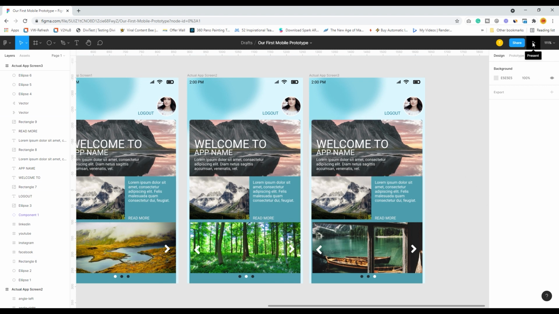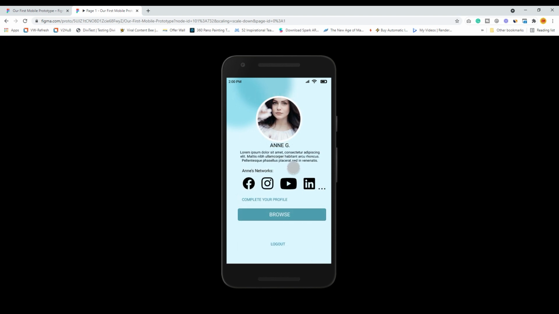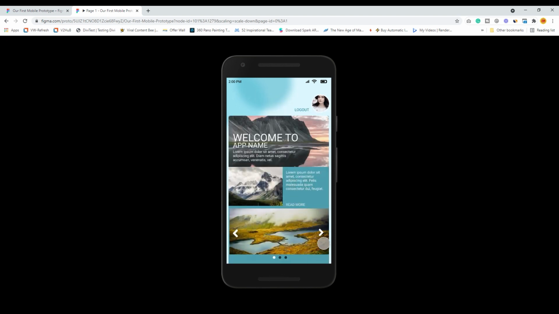I will go to play, click on submit, I go to the browse, click on this and see how these dots change. Lovely. It goes to the second dot, it goes to the third dot, I click on this, it goes again to the first dot, I click on this, it goes to the third dot.